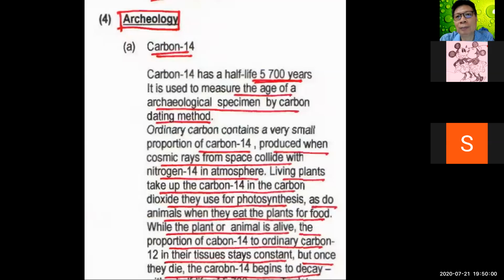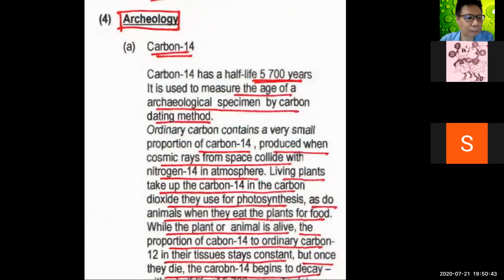So now you see the change or not? Initially, this carbon 14 is from the sky, then it goes to the plant. This plant will be eaten by animals or humans, so directly the carbon 14 goes into our body. That's why I say that every one of us has carbon 14 inside our body. Everybody has it, unless you don't eat anything. When you don't eat anything, of course your body doesn't have carbon 14, no radioactivity. But that's impossible, right? Everybody eats. So this carbon 14 goes inside our body.